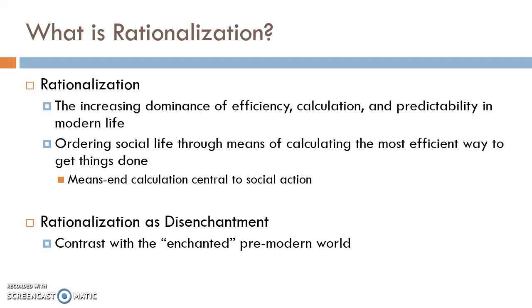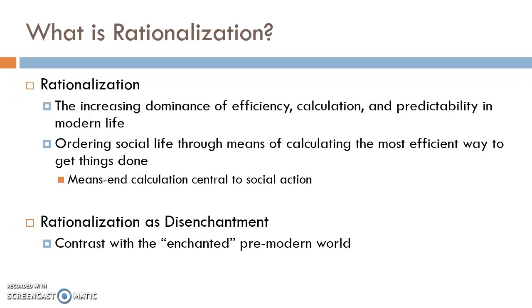The pre-modern world is filled with mystery, magic, emotion, tradition, right? The whole social arrangement is organized in a kind of almost magical way. There are spiritual forces that are everywhere guiding us for good and for bad. People are organizing their lives through affective human ties of the family and local communities, and that's governing social life. As modernity takes place, there's a fading away of these basic elements, and they're replaced by this kind of cold,